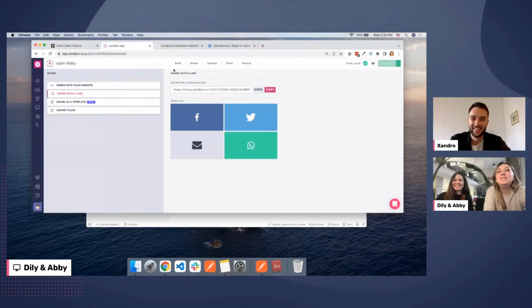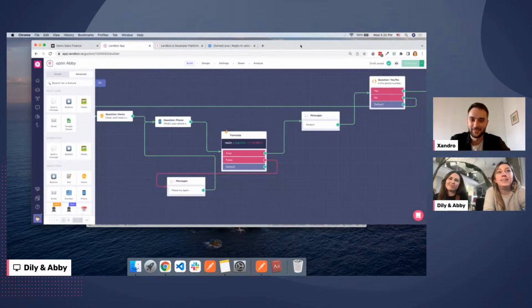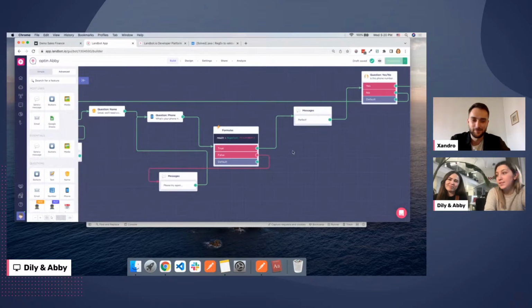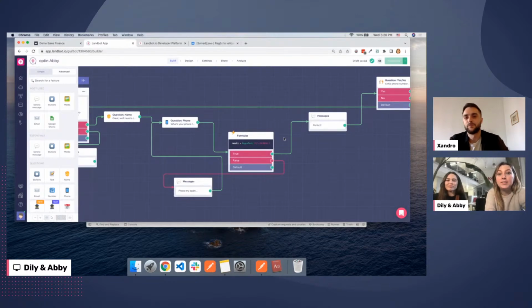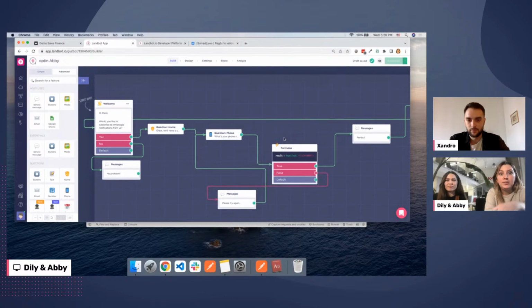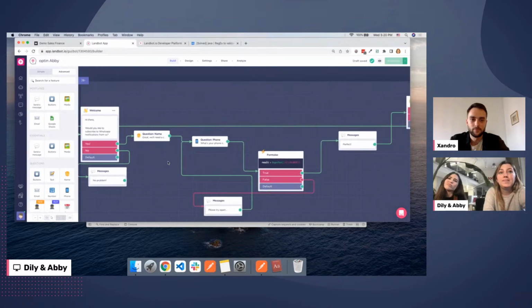Perfect. So now that we have the user's phone number and we know it's correctly validated, we can actually do the opt-in directly in this flow. The first thing to know about opt-ins is that you absolutely have to explicitly ask the user if they want to be opted in. Otherwise, if you do it without asking, you can get blocked from WhatsApp, and we don't want that. So here I've asked with a yes or no question if they would like to subscribe to notifications from us.